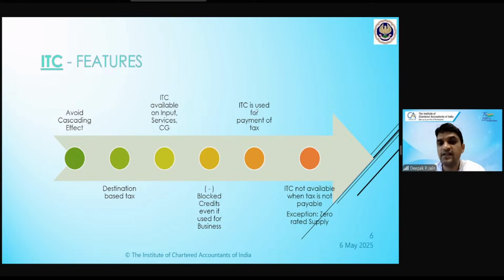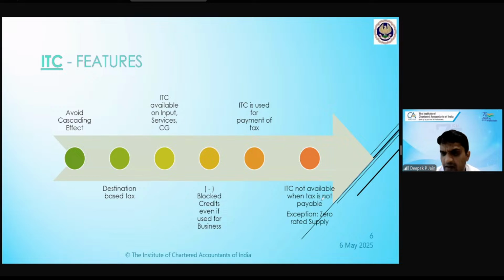Okay, next is ITC is used for payment of tax. Like how we have seen in the example, and few have given your own example, that ITC will be used for payment of tax. Input is for purchase of goods or services, and output is for sale. Correct. Input can be for purchase of goods and for services, and output is the sale of the same. So ITC is used for payment of tax. Fine. Then